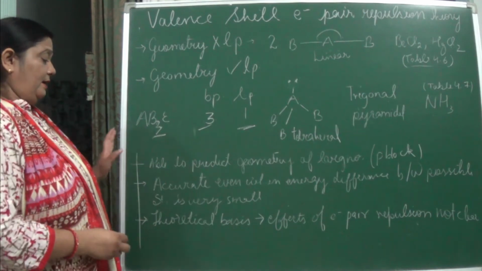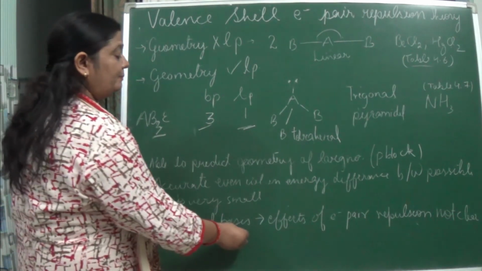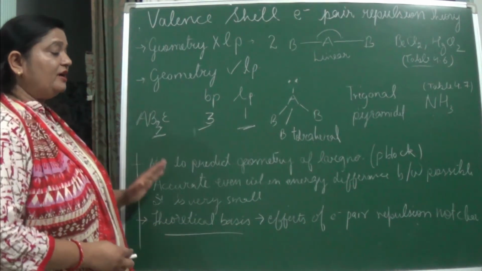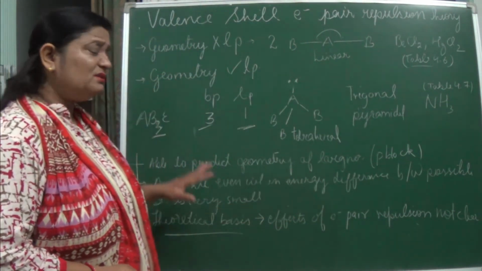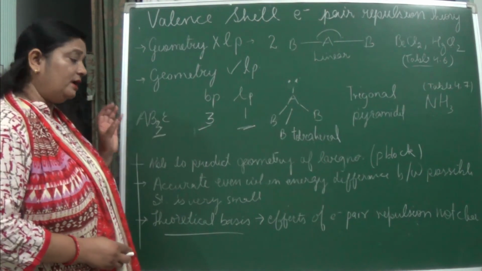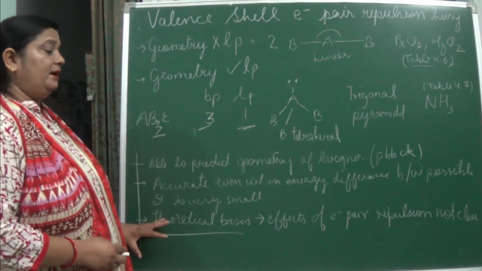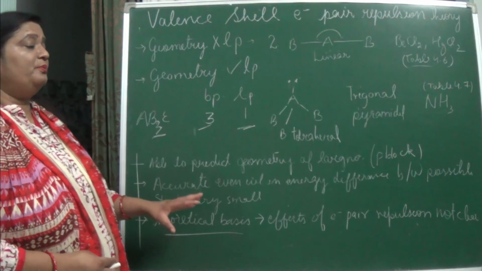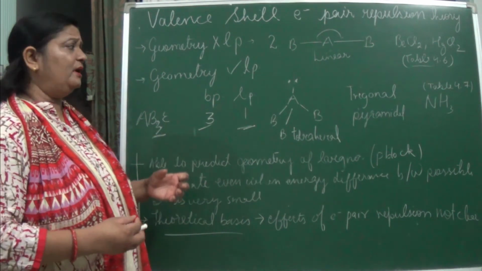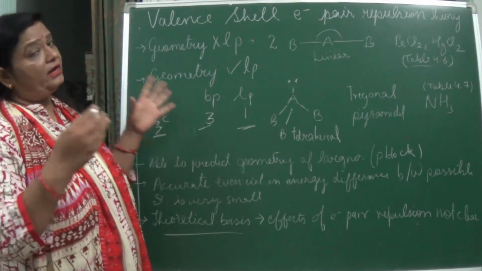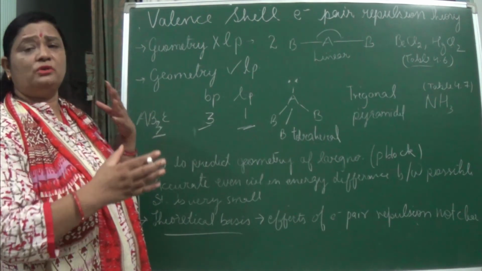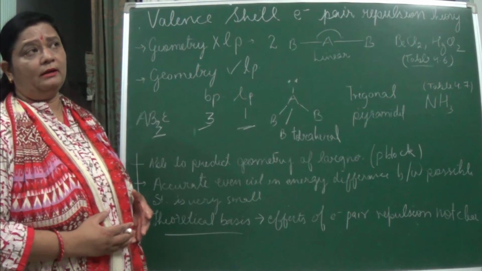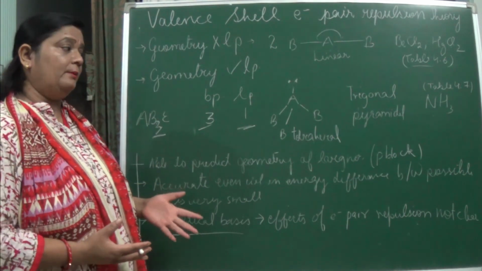But on a theoretical basis, the effects of electron pair repulsion were not clear. It could say about the geometry, it could say about the shape, but the effects of electron pair repulsion, why it is happening, why this shape is only coming, why another shape is not coming, this theory was not able to explain completely, or it was not